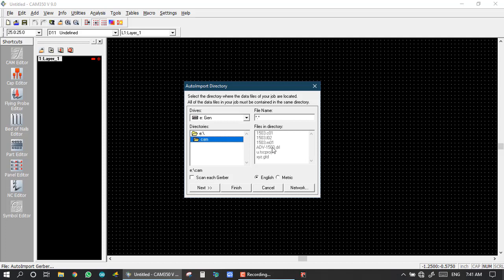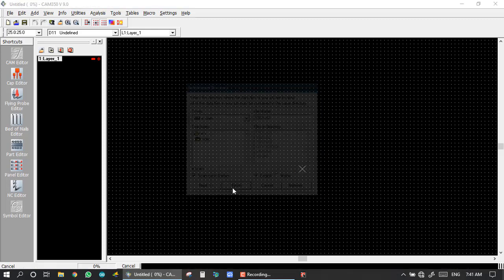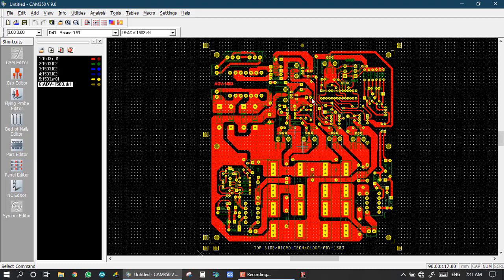I select just one, set this path, and first we click on Scan Each Gerber. So I click on Scan Each Gerber and click on Finish. Now I have imported all these Gerbers.